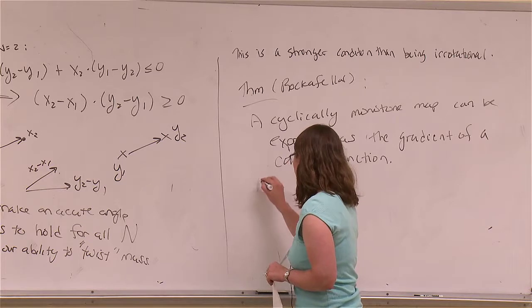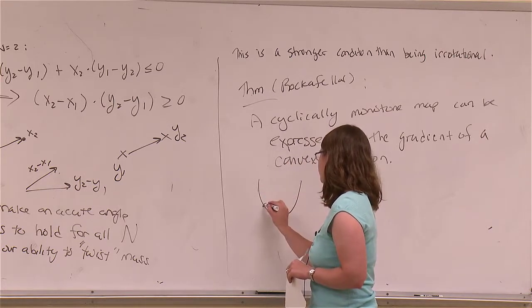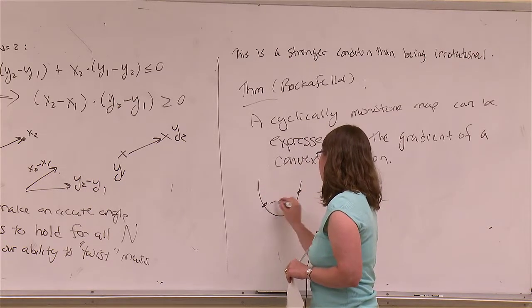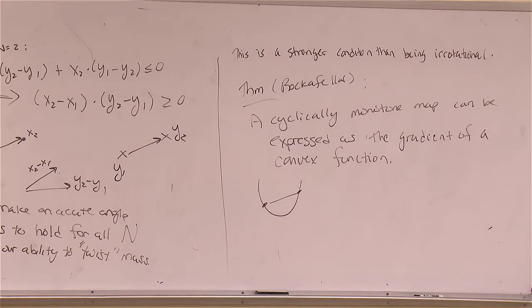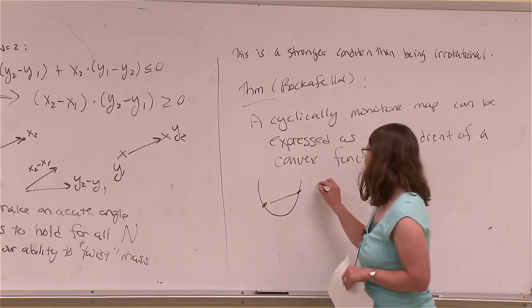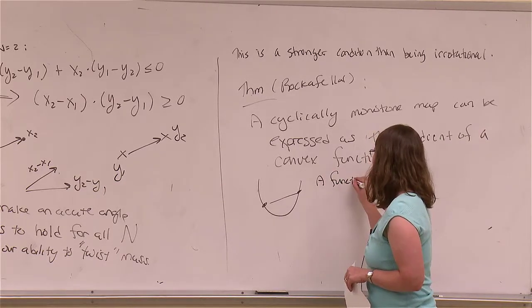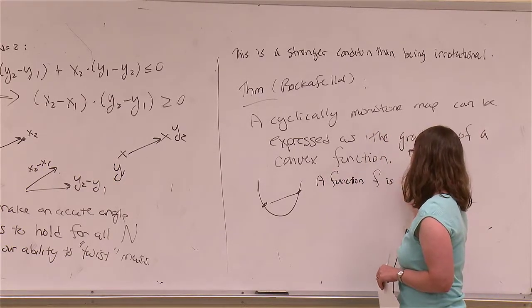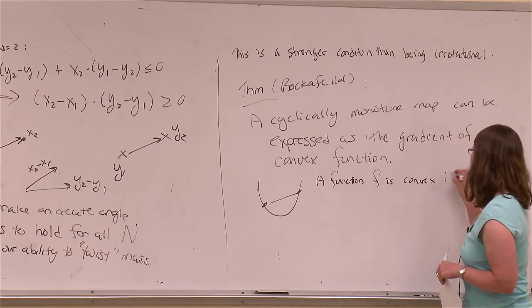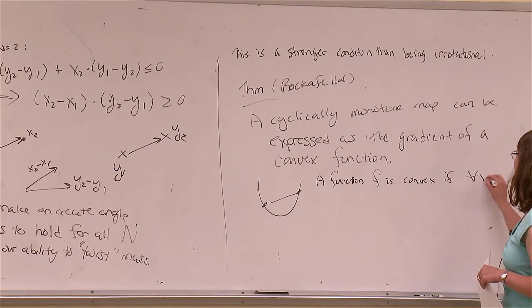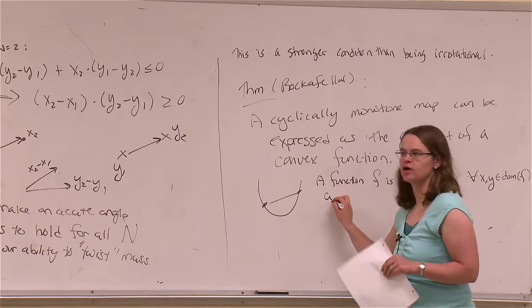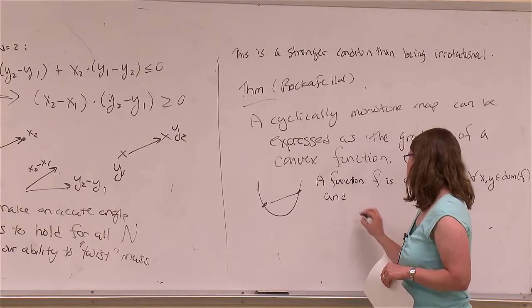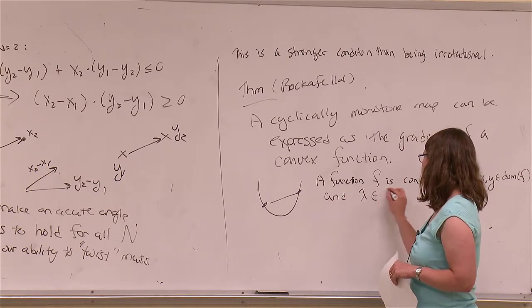Okay, so for a convex function, if we draw the secant line connecting any 2 points, it should always lie above the function. Okay, so a function f is convex if, for any x and y belonging to the domain, which better be a convex set, and any lambda between 0 and 1,